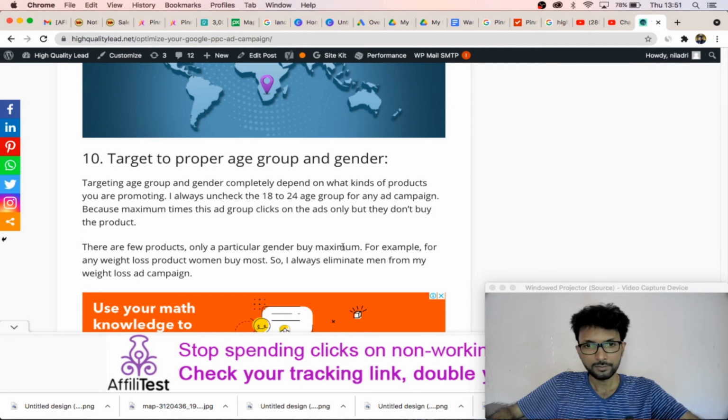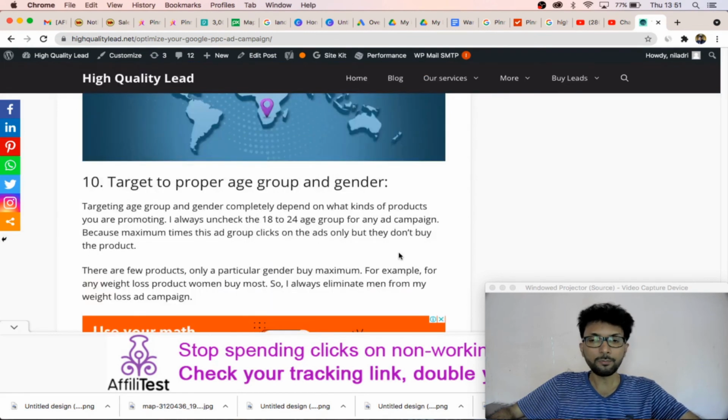That means some products that men only buy, and some products only females buy. In that case uncheck the other one. For example, for weight loss products, most of the buyers are female, so in that case you uncheck the men's gender. That will be very good. In that case your ad spend will be less and your conversion rate will be very high.